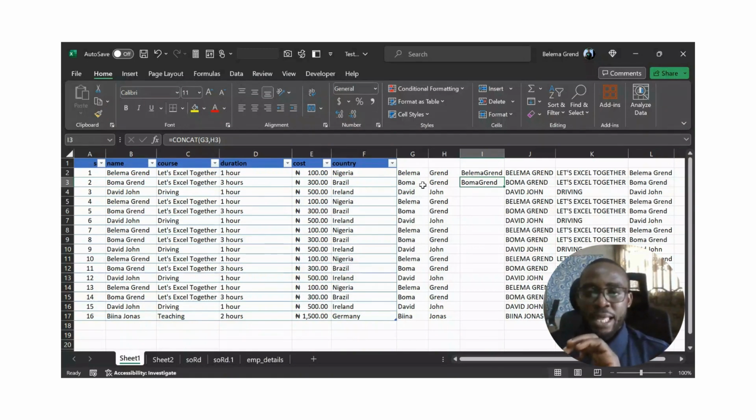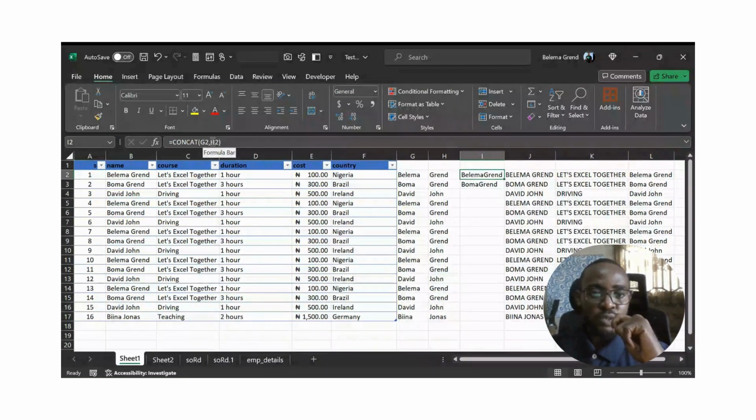Sometimes you want it to appear as Belema, space, Grand. So this is to tell you that the space is a character as well. I'm being careful to not call it a text. It's a character. So concatenate does not just combine text strings, it combines characters. A character is also a text string. Now, if I type in a literal text string, if you recall from our earlier session, we said you should enclose it in quotes, and I recommend double quotes. So here, rather than just concatenate the values in cell G2 and H2, I'm saying concatenate the value in cell G2,